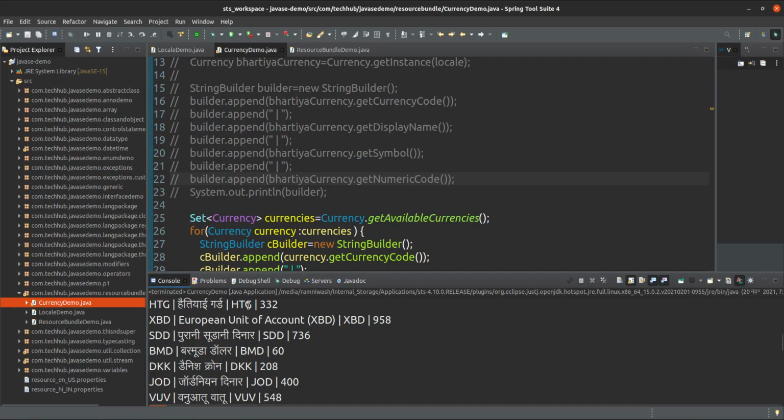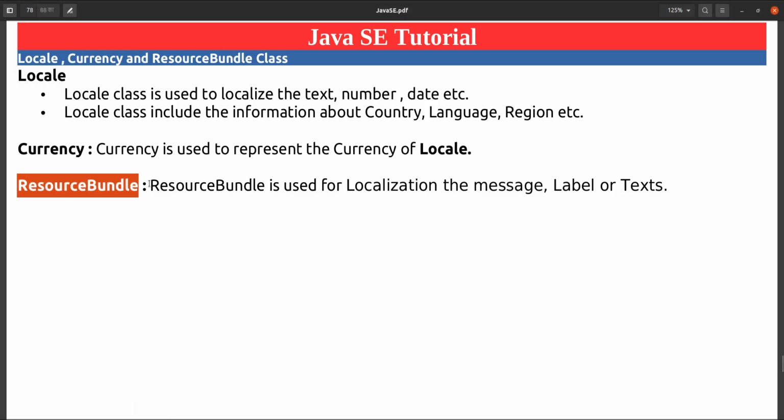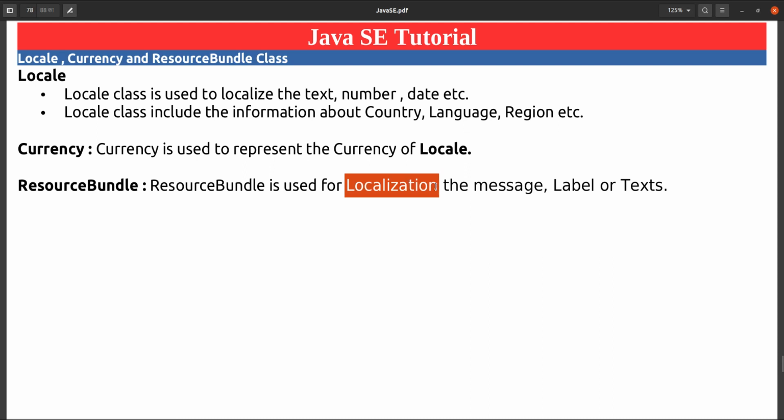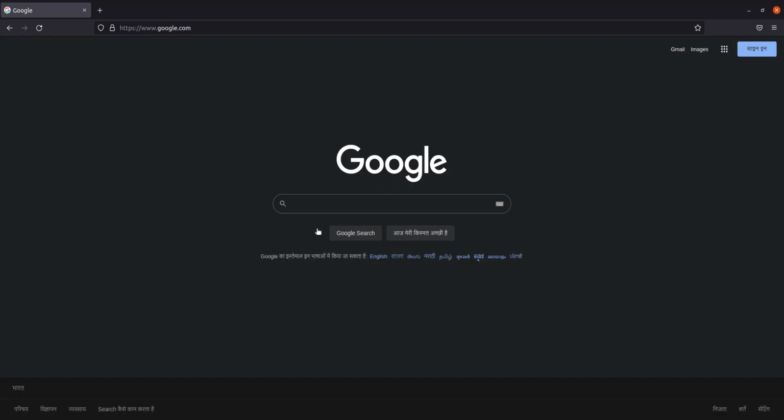And the next one is ResourceBundle. What is ResourceBundle? If you see the definition of ResourceBundle, then it says ResourceBundle is used for localization of messages, labels or texts. Similarly, we have seen this example of the Google homepage. This Google homepage by default is coming in Hindi because it is taking the locale value from the operating system.